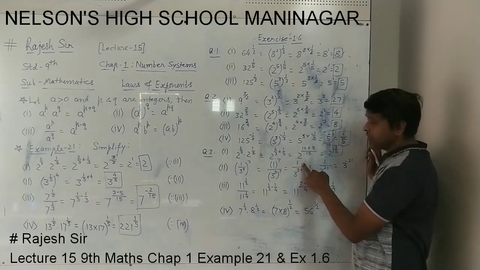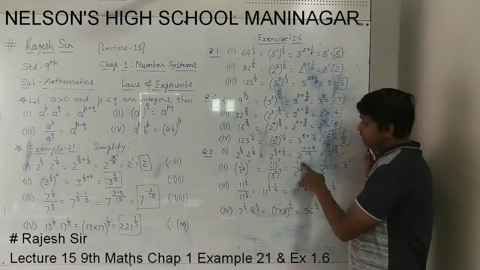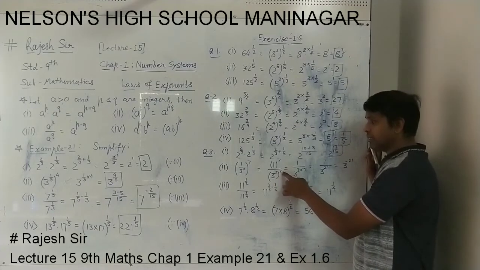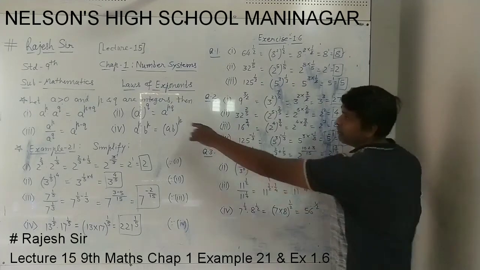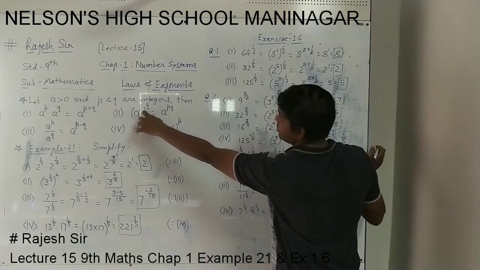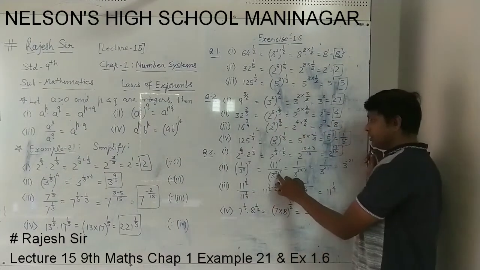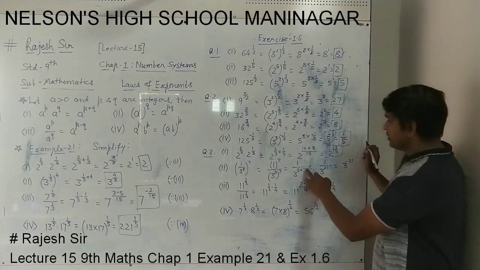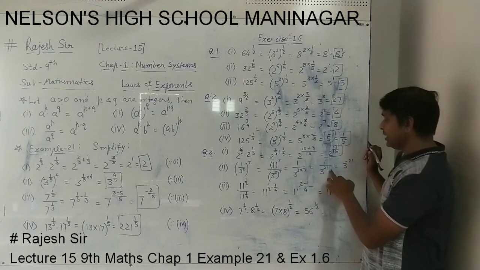Now 1 raised to 7 is 1 only, because when you multiply 1 many times it will be 1 only. And down there, this is 3 raised to 3 and whole raised to 7. Power of power, the exponents will be multiplied by this rule: a raised to p, whole raised to q, that means a raised to p into q. By this rule, 3 into 7. So 1 is as 1, and down there 3 raised to 3 sevens, 21.